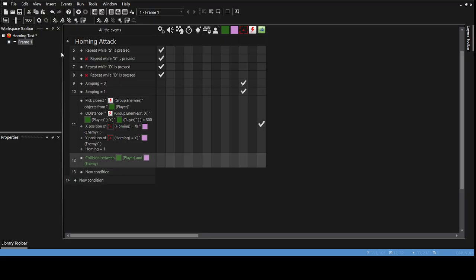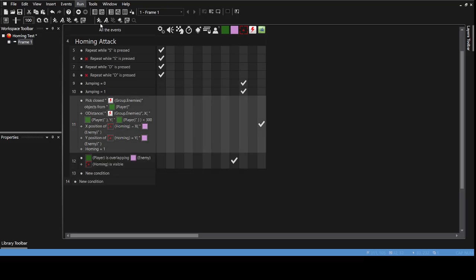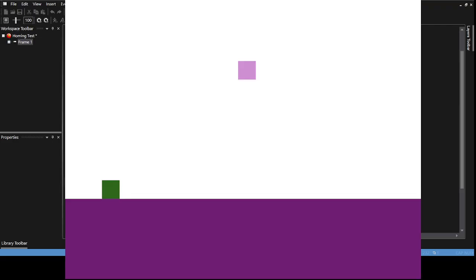Actually, collision overlapping would be better if you don't have any collisions enabled to the enemy. We're going to do, and to make sure that this works, we're going to do visibility, visible, and destroy. So now